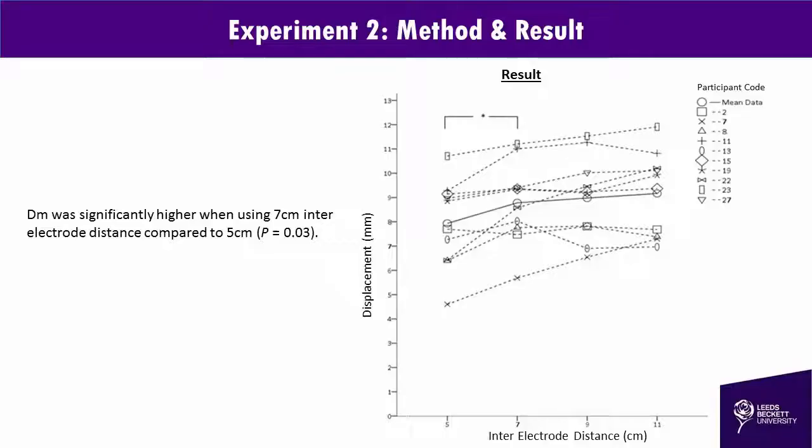And this is what we found. Here we're looking at displacement versus interelectrode distance. Each line is an individual participant, and the solid line is the mean information. We saw a significant effect on displacement between 5 centimetres and 7 centimetres, which